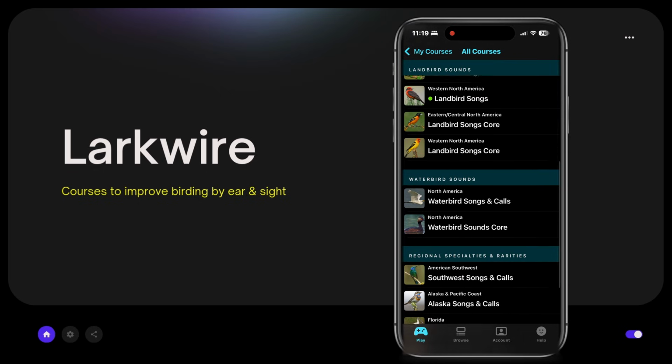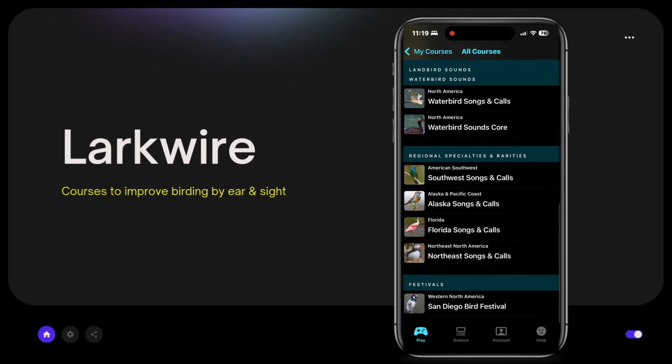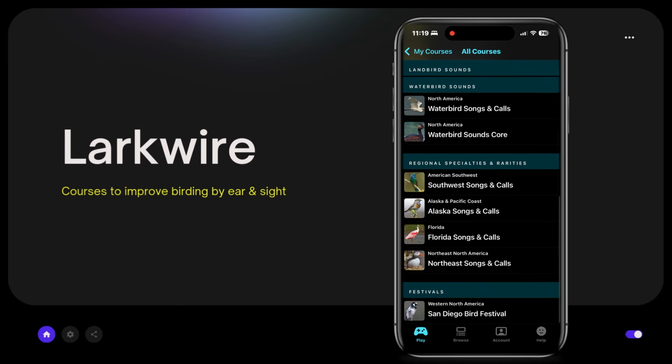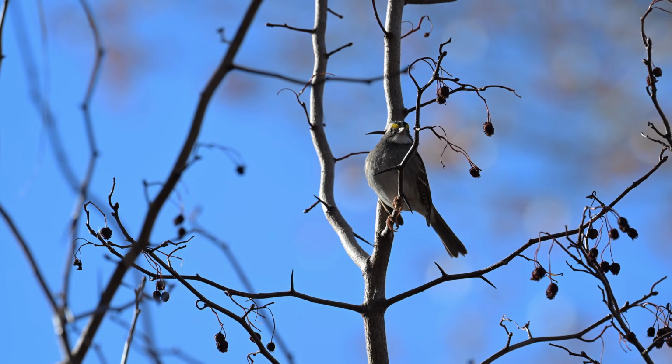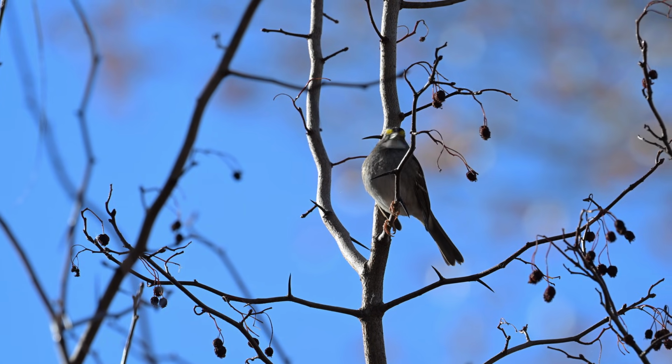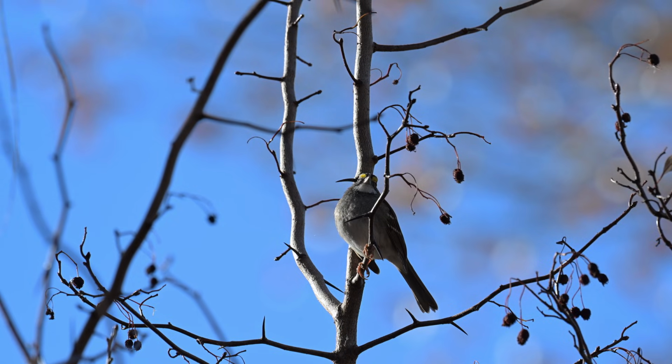I think the courses are absolutely incredible, and they've really helped me elevate my game in trying to ID birds. The big problem that I have is I know most of the birds' sounds, but I keep getting certain species confused. So what Larkwire does is it gives you these groupings of these birds that are very similar sounding, and then it just replays them and quizzes you until you start to break out and see the subtle differences between